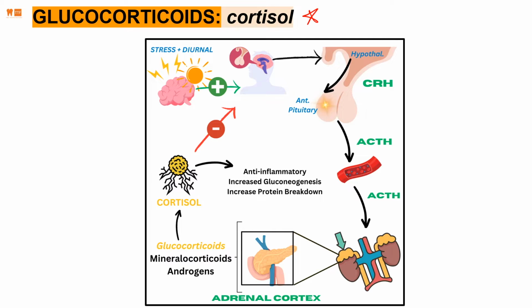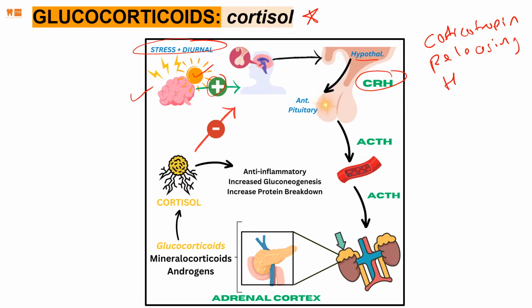This is for cortisol. There's stress and it's daytime. It provides a positive feedback to the hypothalamus in the brain that sends CRH, which is corticotropin releasing hormone. Releasing. It has a function. It releases something. Where? Anterior pituitary. This is posterior. In the anterior pituitary, it says, okay, boss, I'm going to send ACTH. What is ACTH? Which is known as the Adrenal